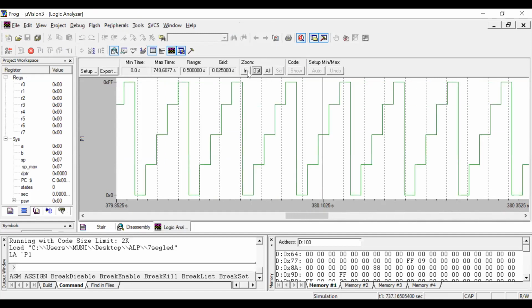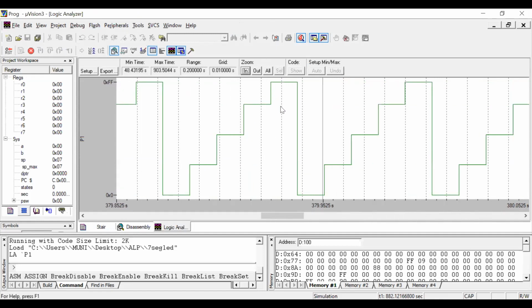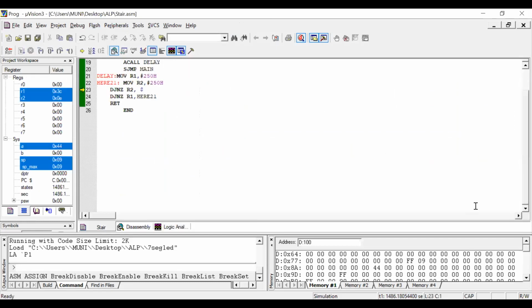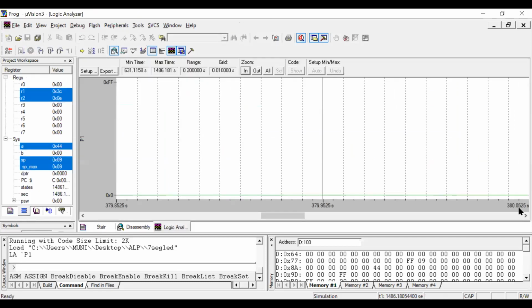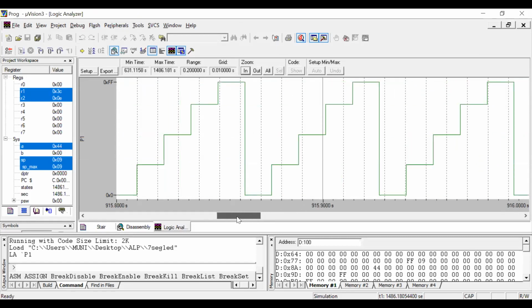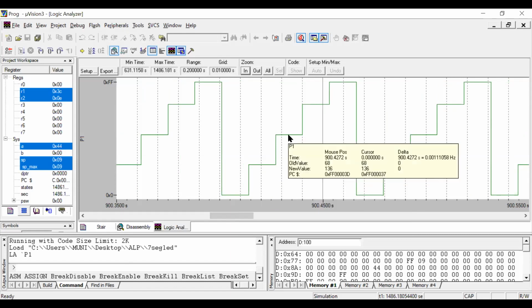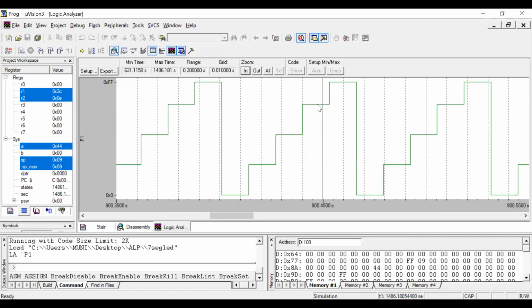This is the staircase waveform. So 0, 44, 88, then again 0, 44, here it is 88, CC, FF.